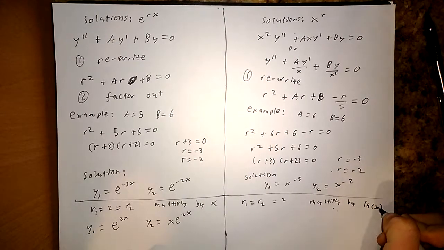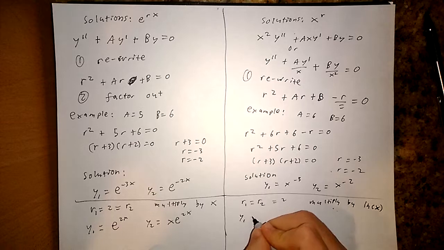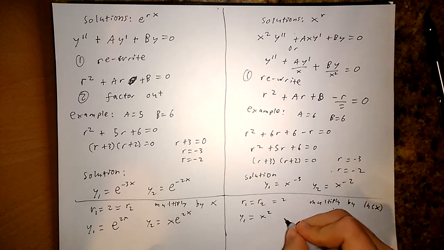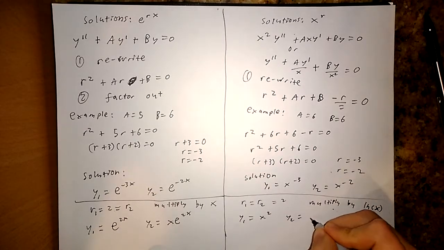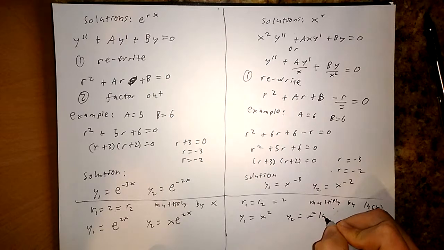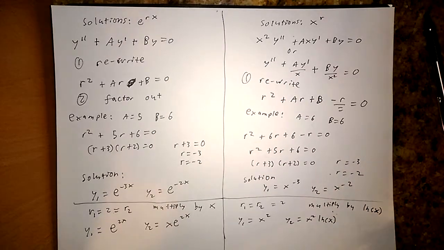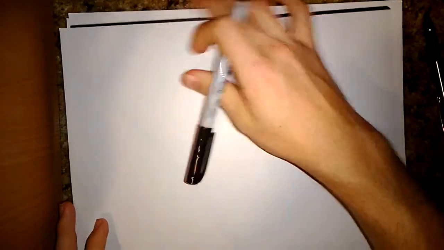I'm going to show you in this example. y1 equals x squared, y2 equals x squared natural log of x. Okay, so that's how you do those. Now, let's go on to the special case that we went over of e to the rx, and that is